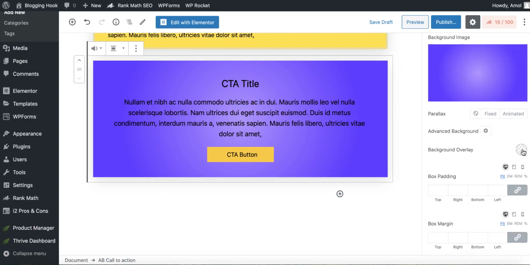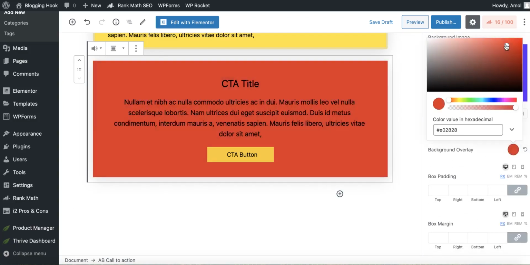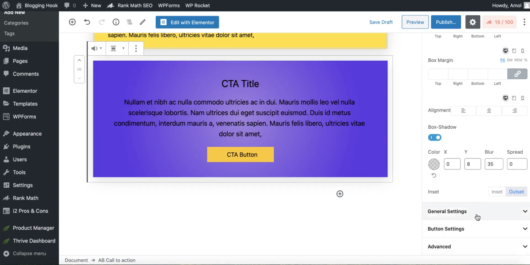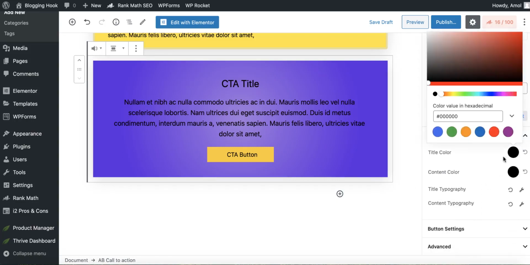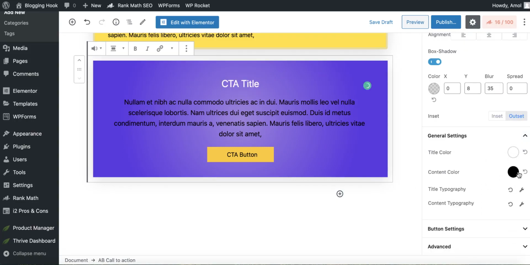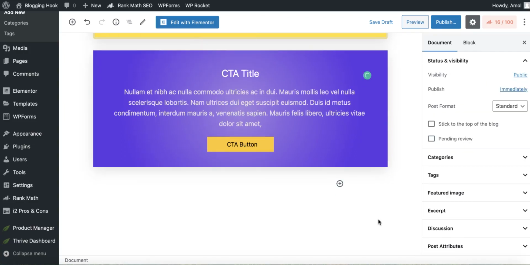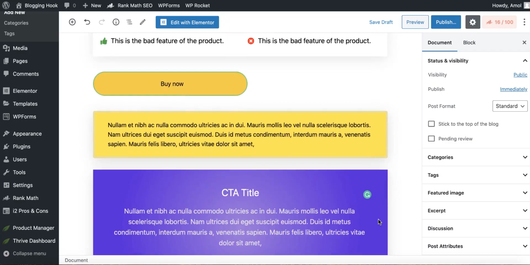Now you want to have an overlay, simply go there, add an overlay. This is the overlay. You want to decrease the opacity, okay, you can decrease it, right? I think you are loving the features. Now if you want to change the color of this text, you can simply go in this setting, text color, white, content color, white, whatever you want. You can just simply play with this call to action block, and this would look amazing.